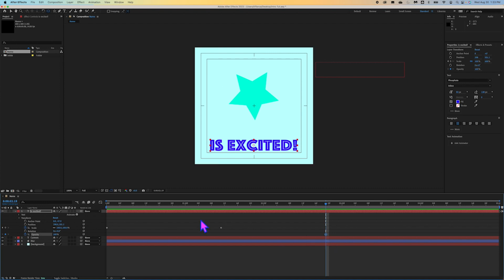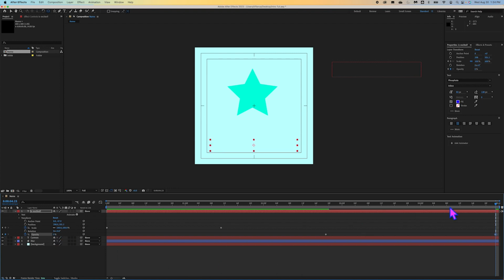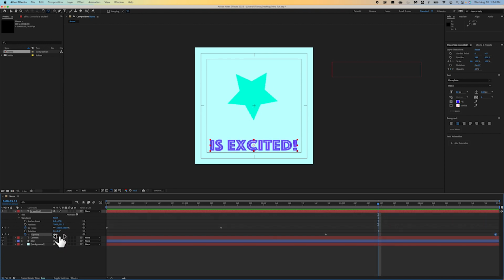It's at 100%. Okay, and we'll say that we want it to fade to 0 by the end of the 5 seconds. So we're going to bring our scrubbing tool down here to the end, and we're going to come in here to opacity, click on that 100. We're going to hit 0 and enter. And now what you're going to see is "is excited" fades away into the sunset over time. And you can see the opacity numbers here changing as the scrubbing tool